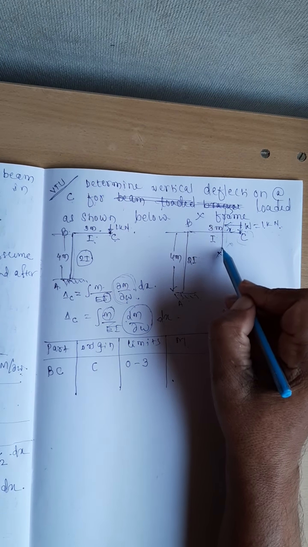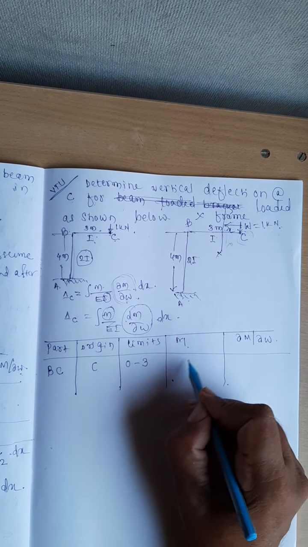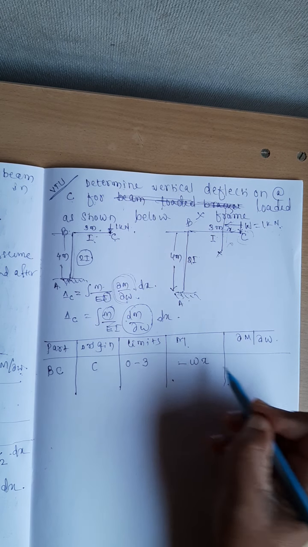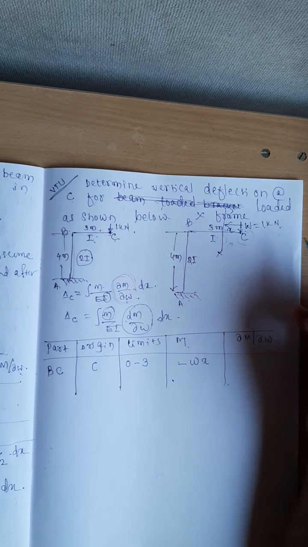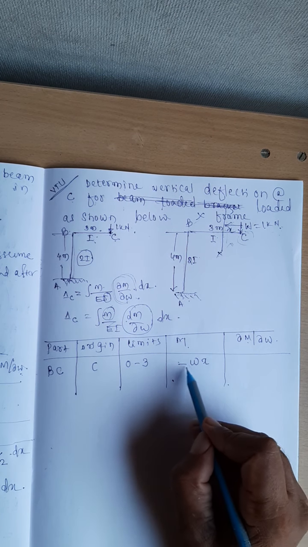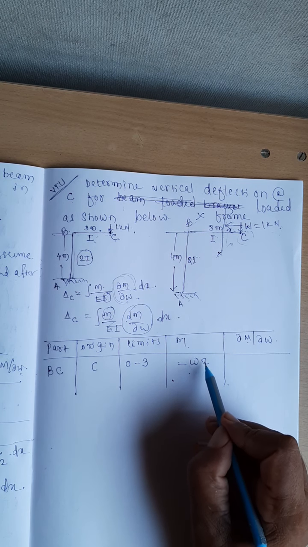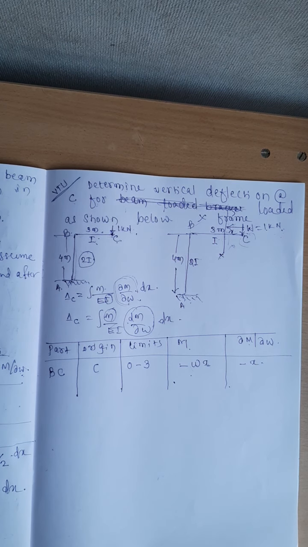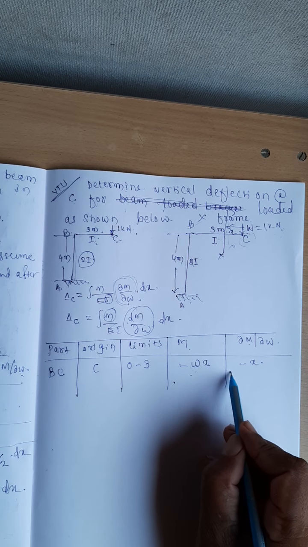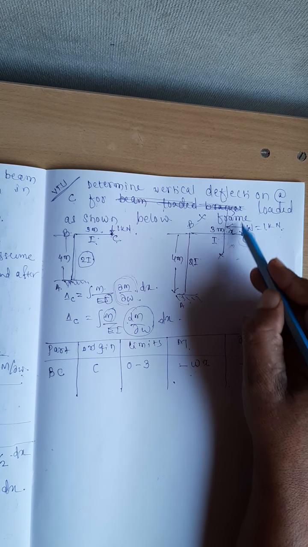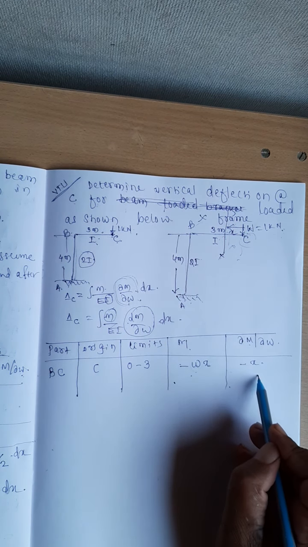Yes, what is the bending moment at the section XX? W into X, and it is hogging in nature. That is why I can write it as minus W into X. Yes, what is the value of dM by dW then? Here W is the variable, X is constant. Differentiation of minus Wx with respect to W is minus X. Any doubt in understanding this one? Here I am taking hogging as negative, sagging as positive. Here bending moment is hogging, that is why I am taking it as negative.